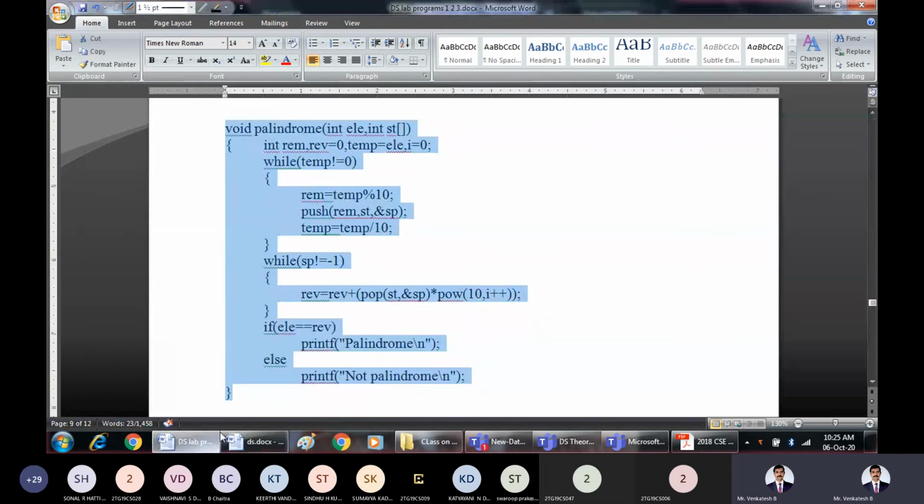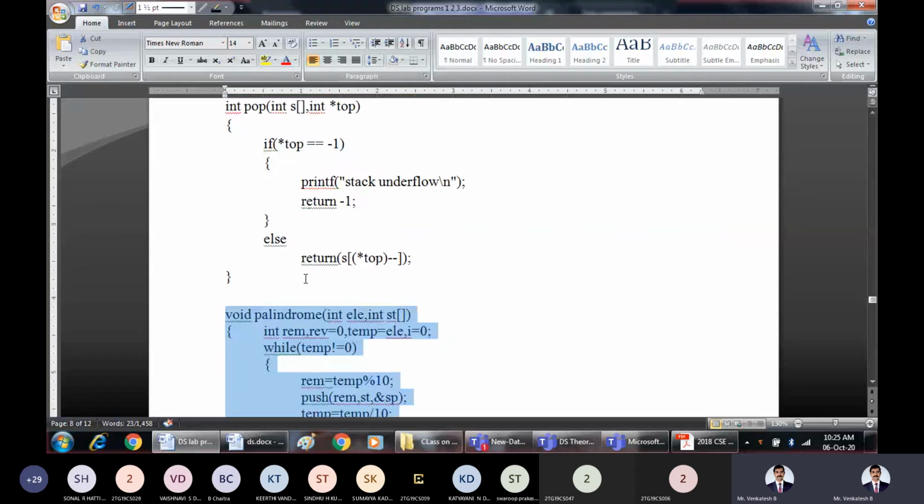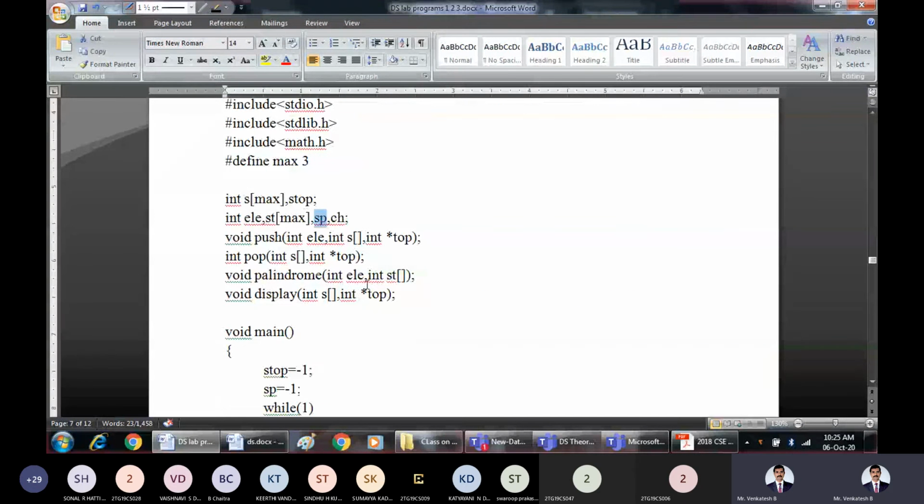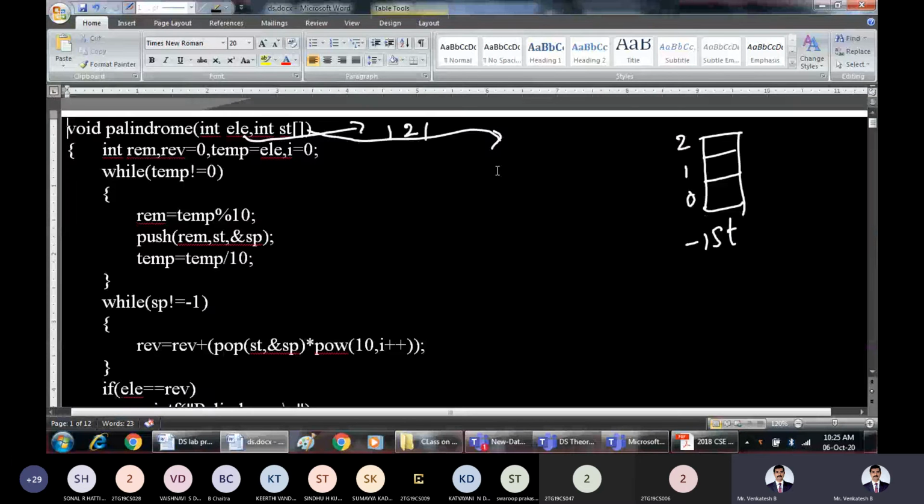SP is nothing but the stack top. We have used SP as the stack pointer. Earlier I had declared it, yes, you have SP here. So whatever variable we have declared, let us take this as the SP. SP is the stack pointer, which is pointing to -1.